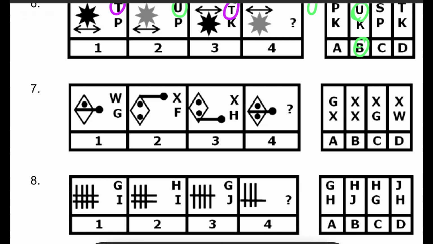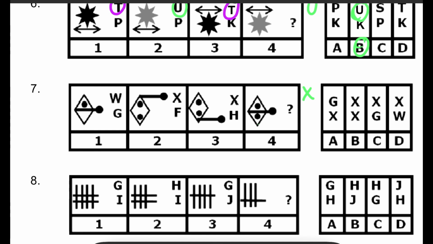Now to this question. So here, 2 and 3 both have an X as the first letter, and they both have 2 circles. 4 also has 2 circles, so we know that X will be the first letter. Then, for the second letter,